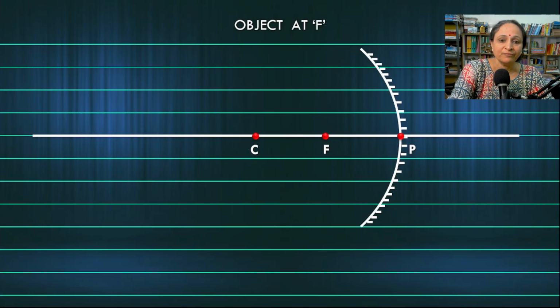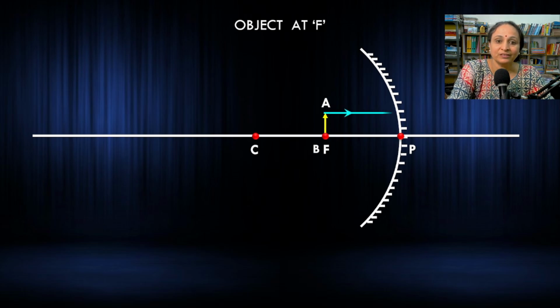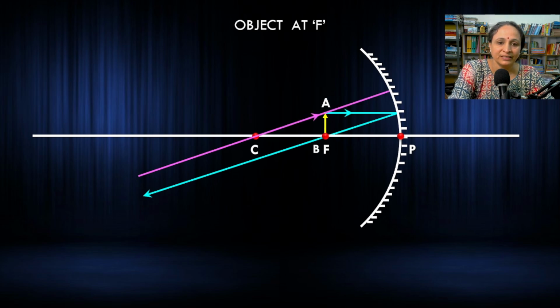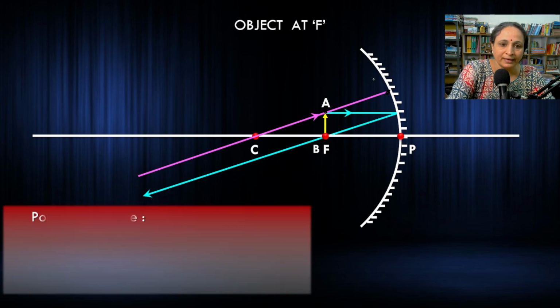Again, quickly draw: concave mirror, pole, F, C, principal axis. The object is placed at F. Now, what happened? Basic rules. If the ray is traveling parallel to the principal axis, hits the mirror, it reflects and passes through the focus. Now, if there is another ray coming from A, going in the same direction, hitting the mirror out here, after reflection, what happens? It gets reflected and